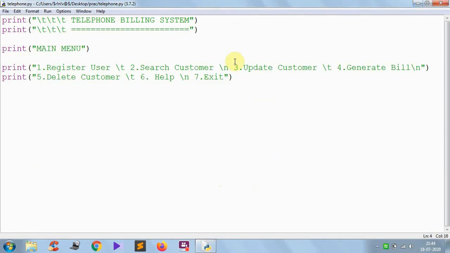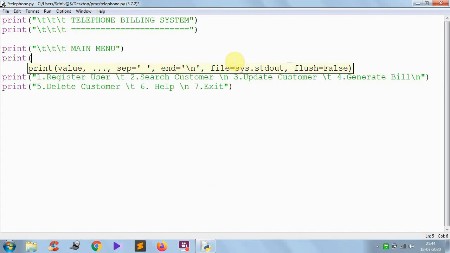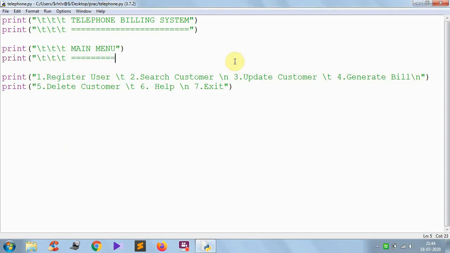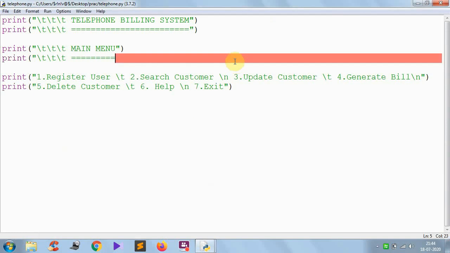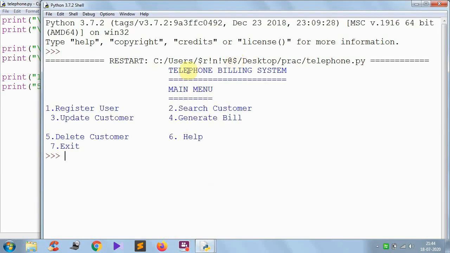Same, the main menu length is also the same as it is, with tabs. Now I want to underline the main menu also, so you can write, or you can give anything in this place. Instead of a double underline, you can give anything. Yeah, I didn't close. Now here you can see the telephone billing system main menu, but here I should give